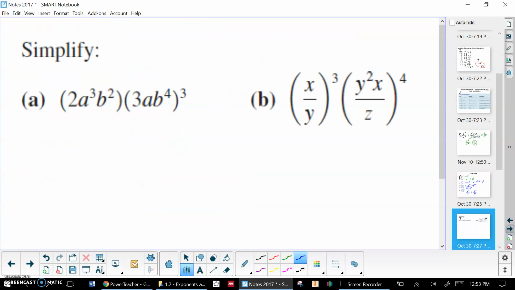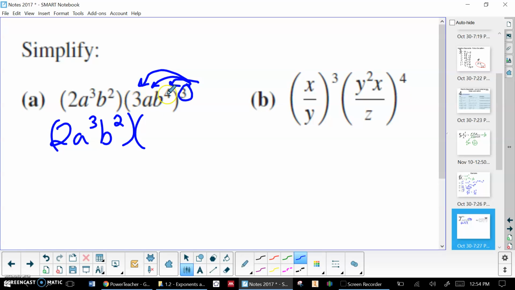So we are going to, of course, have examples where we need to combine those ideas. And so it's always just a matter of following your order of operations as much as possible, as far as we can go with the exponents and the variables still in there. So the first thing I'm seeing here is this 3 on the outside. That would need to get applied to everything on the inside. So I'd have 2a to the 3rd b squared from this first one